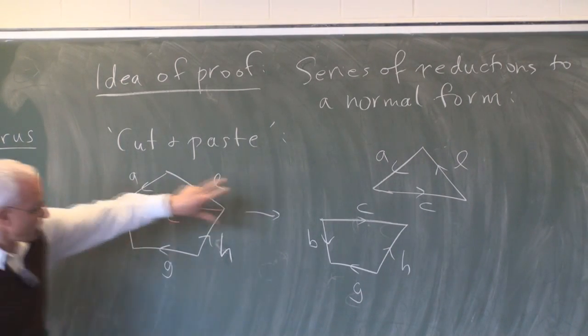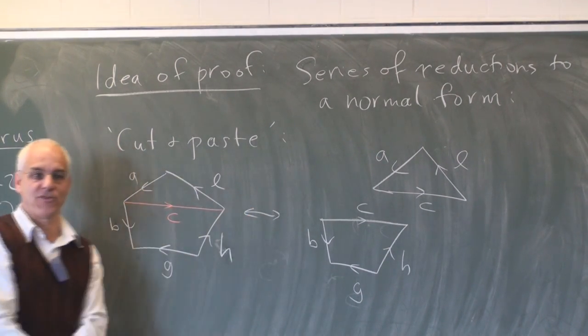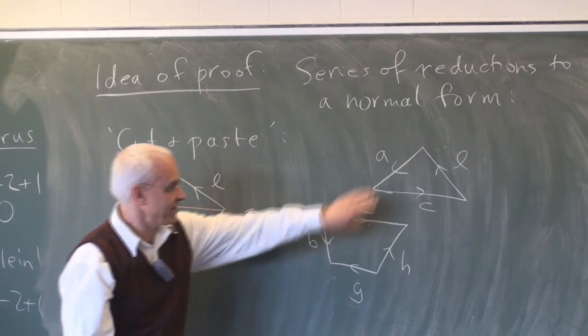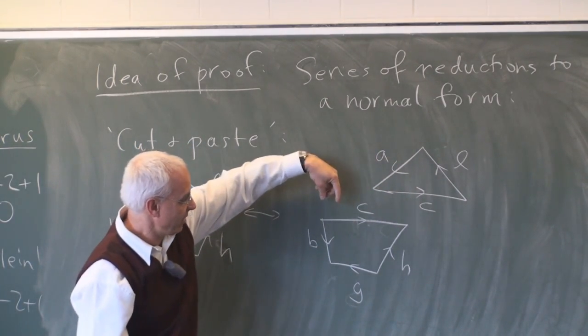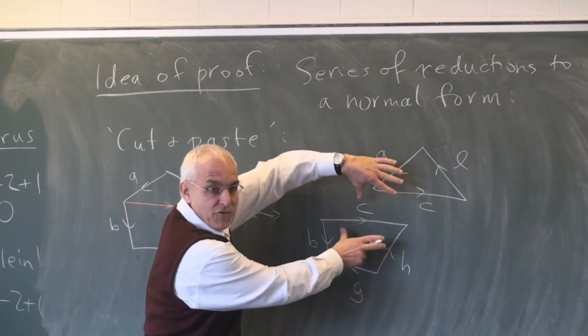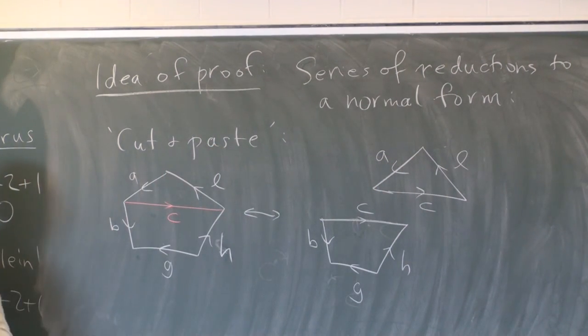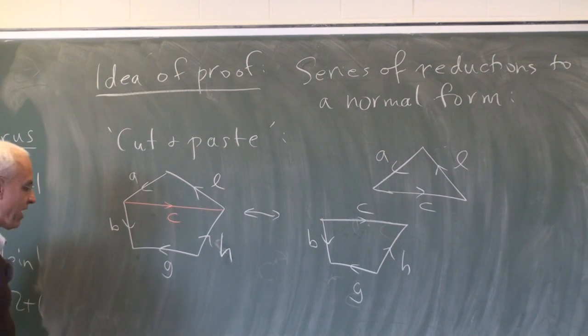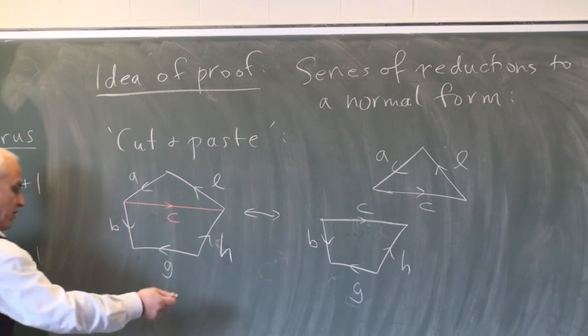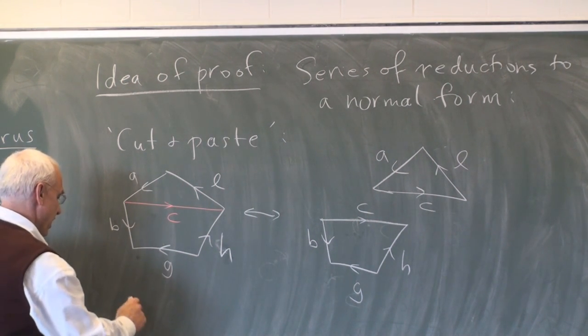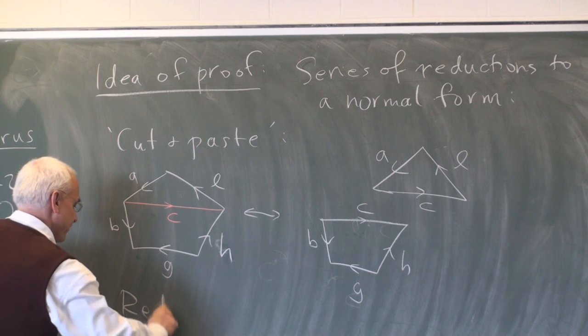And we're not just going to go in this direction, but we're also, of course, going to go backwards. So if we have two pieces like this and we have a common edge C, then we're going to allow ourselves to glue those two pieces to go from here to here. And we're going to do that in a judicious way to simplify the original thing and to get it into one of these standard forms. And I guess another important thing that we're also going to do is reduce.